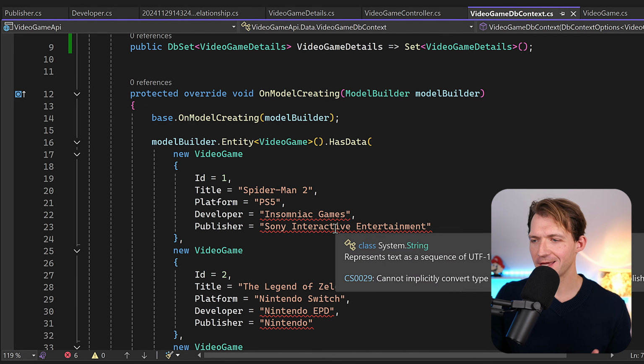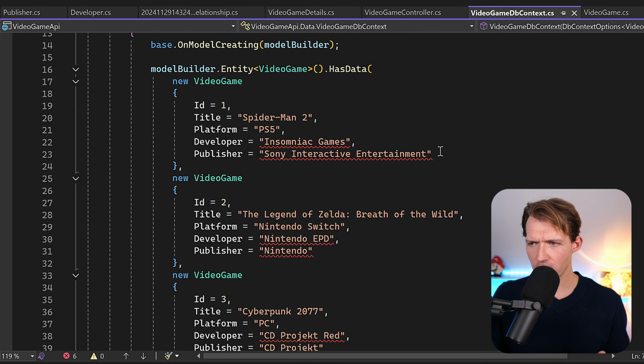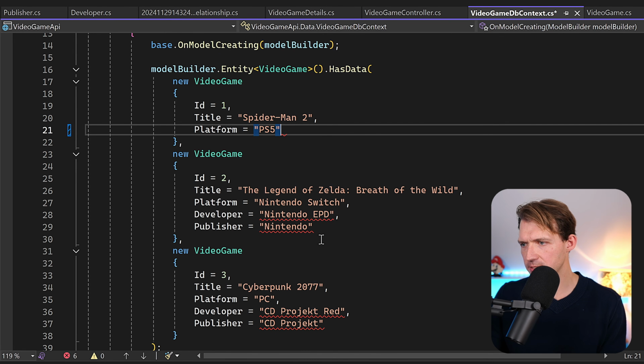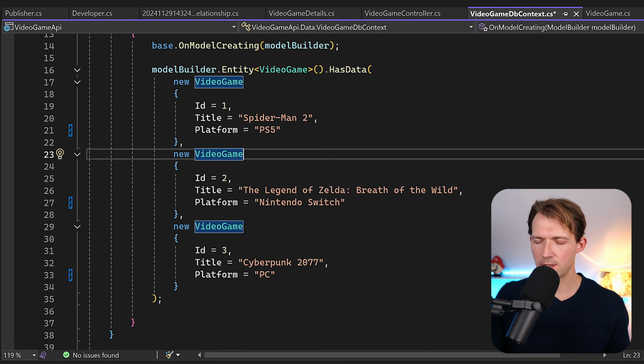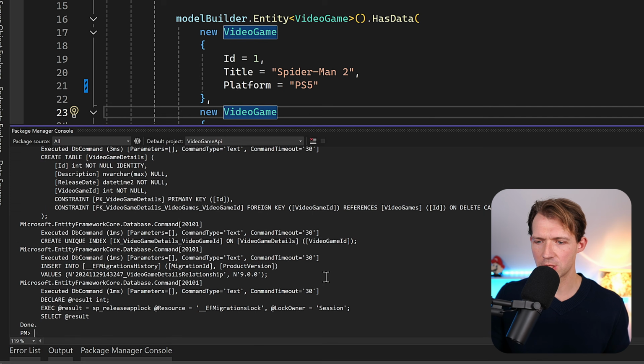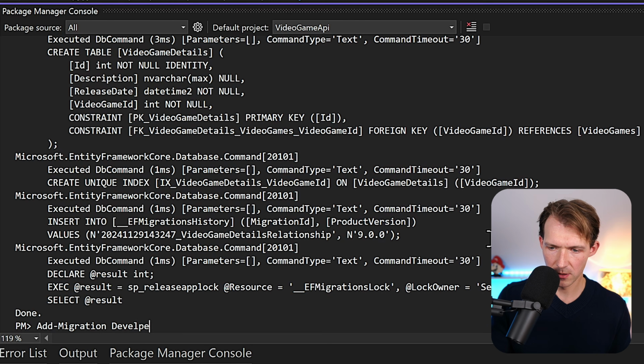One more thing that I can see now, of course, is that seeding the data, what we did in the video before, is not working anymore because this is not a string that we can just set. So let's just remove this, that, and also here. All right, and now let's add another migration. So here now we write add migration again, developer